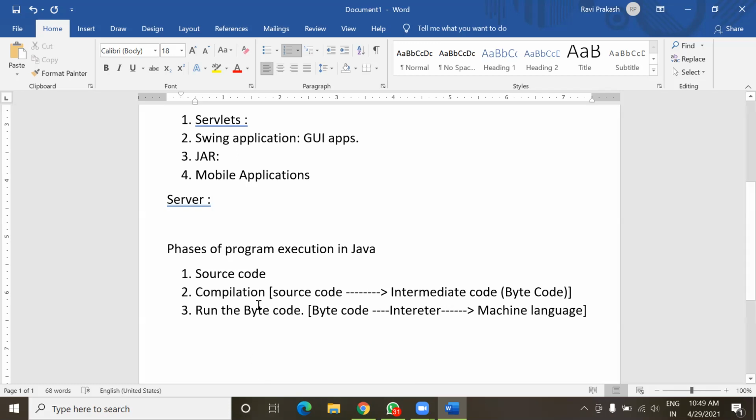So the compiler's work here is to convert the source code into intermediate code or bytecode, and then the next step is interpretation. Interpretation is done by the interpreter translator, where it converts bytecode into machine code or machine language.